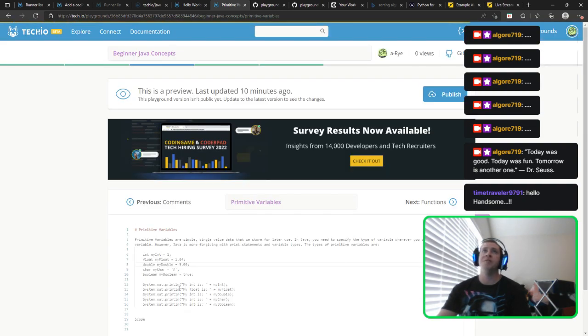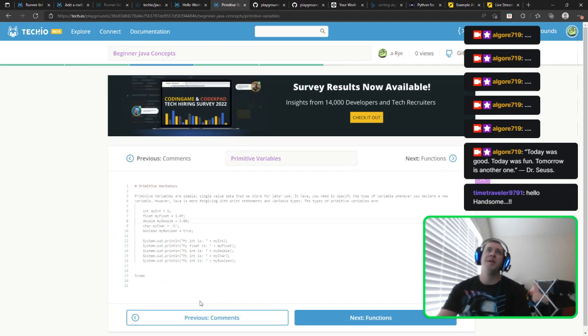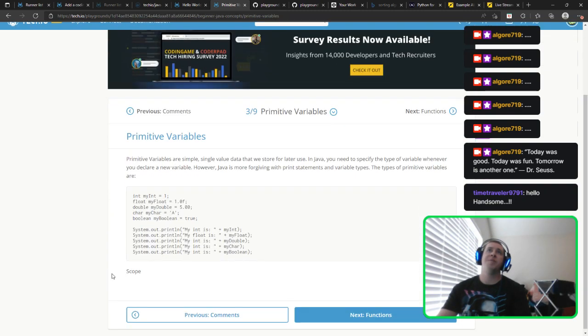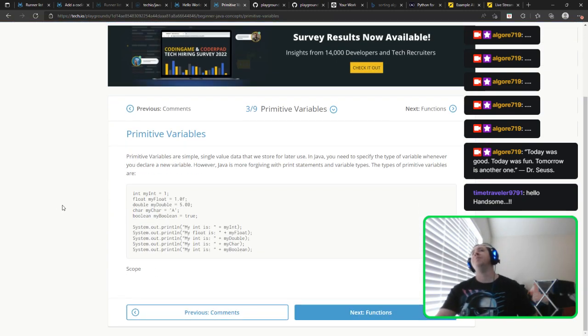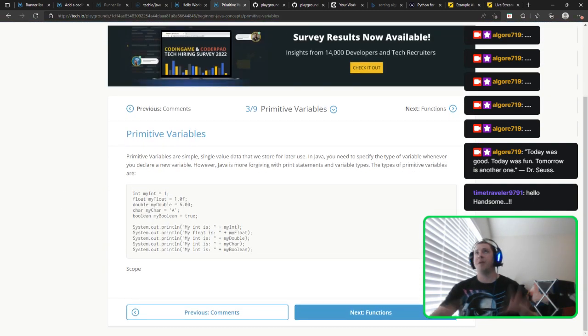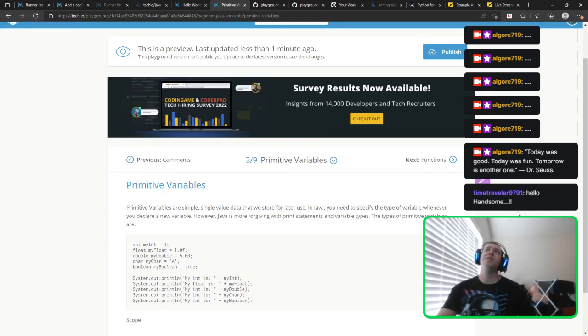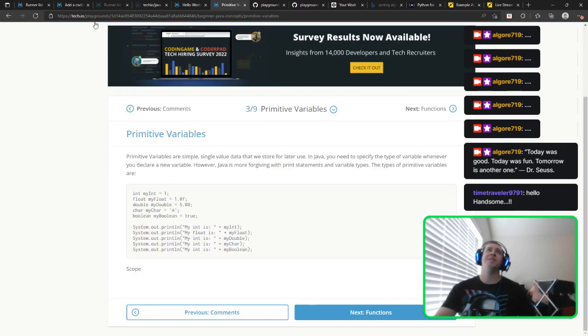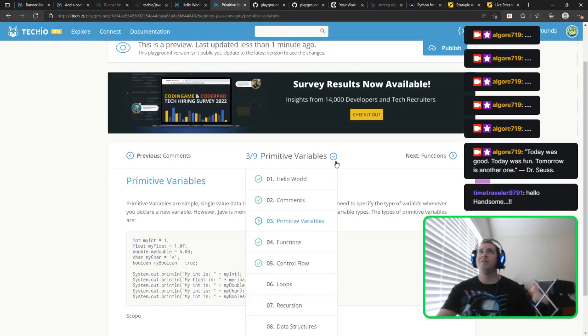Let's go ahead and move on to the next one. I'll talk about the scope, and I'll probably do a lot of this off stream, but eventually I do want to publish at least to go ahead and start. But I really don't like that idea until I figure out the runner. So again, anyways, we've got functions now. I should explain, but I don't even know what the difference is between a method and a function. I know there is one, but